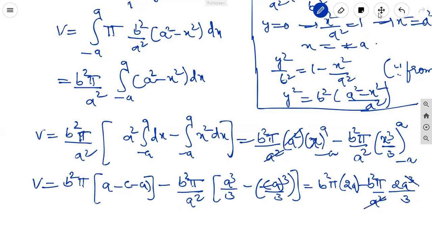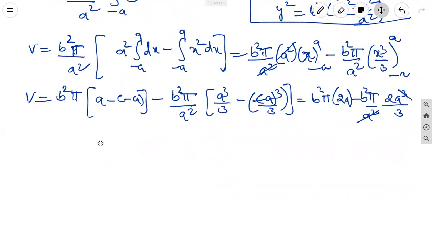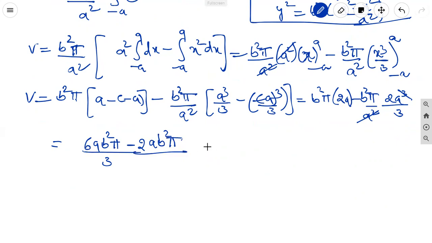Okay, here taking the LCM, 3 is the LCM, 2 3s are 6a b squared pi minus 2a b squared pi. 6 minus 2, 4. 4a b squared pi by 3 is the answer. So volume is equal to 4a b squared pi by 3